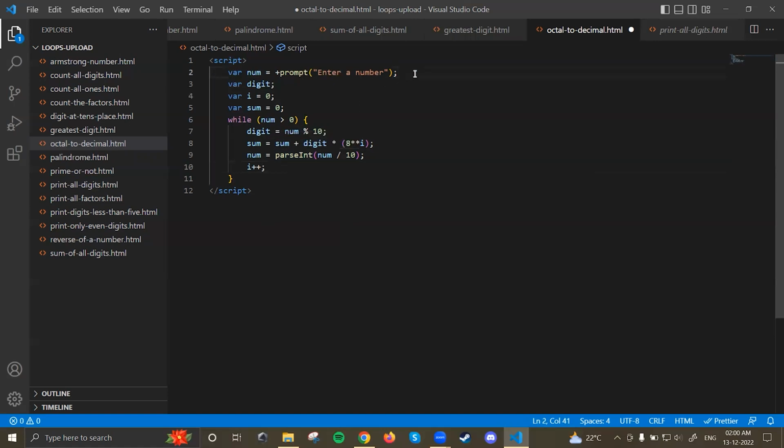And what will happen? Let's say we have a small number, let's say 1 2 3. What will happen for 1 2 3? Let us see. I'll write the three values: digit, sum, and we have the num. Okay, fine. So in the digit, first time what will come? First time 3 will come, so we'll have 3 here. In the sum, what will be there? Sum plus, that is 0 plus digit. What is digit? 3. 3 into